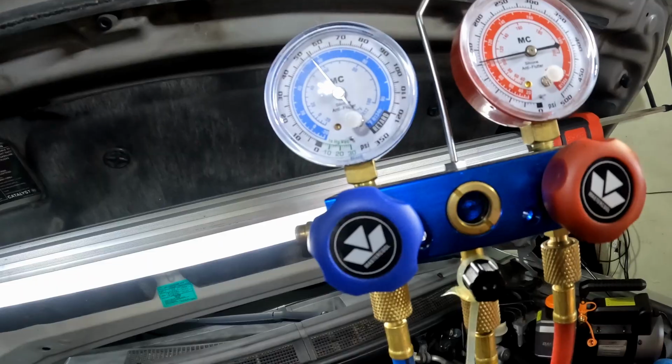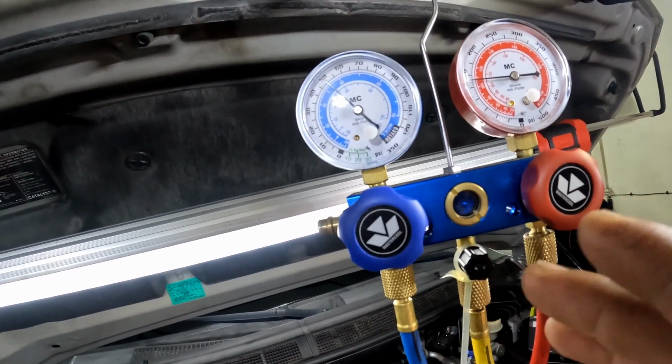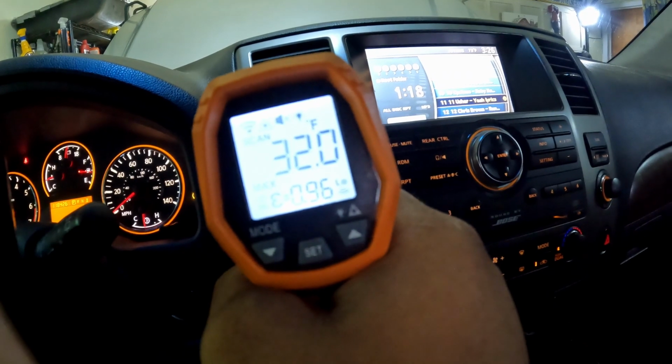Stop right there. Too much refrigerant is just as bad as no refrigerant, all right? So if you put too much refrigerant in your AC system, your system's gonna get hot. But right now we're sitting at